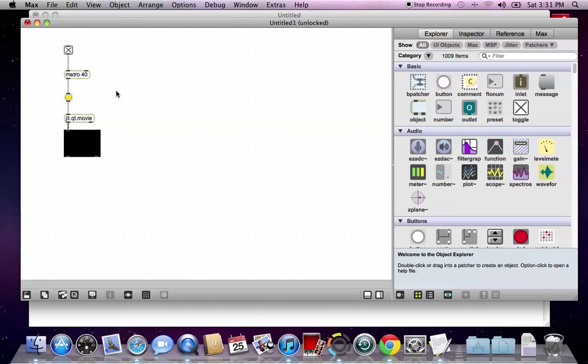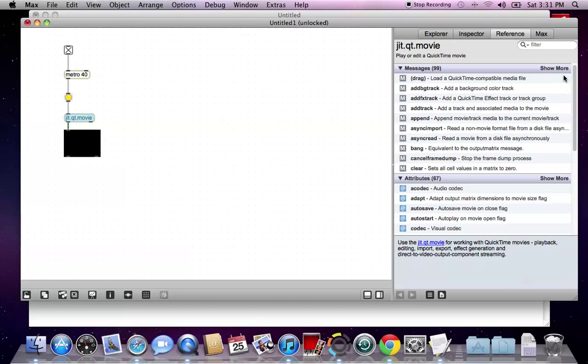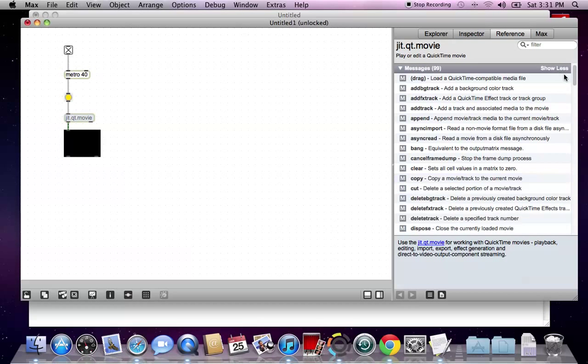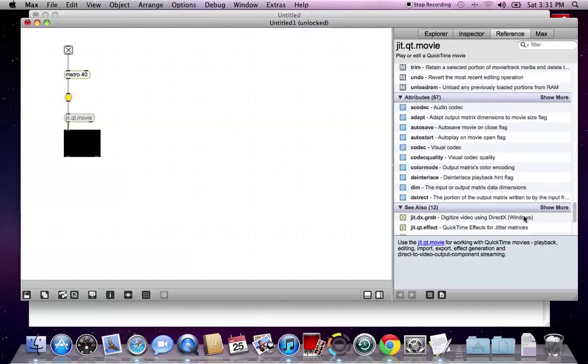Okay, now this was a hard part for me, and I still don't totally understand it very well because I have to put a lot of messages. But if you unlock your patch, click on this, go to reference, it gives all these messages. There's 99 messages that you can send to the